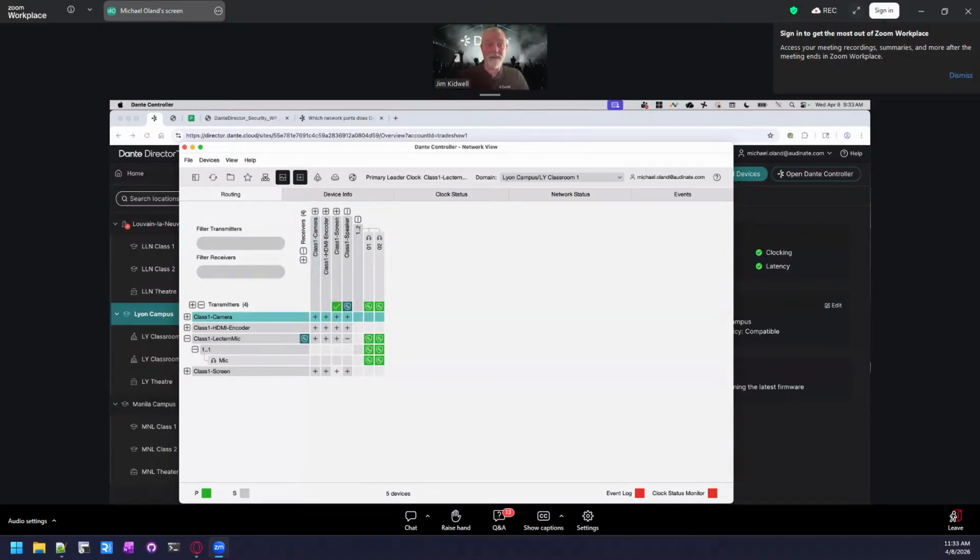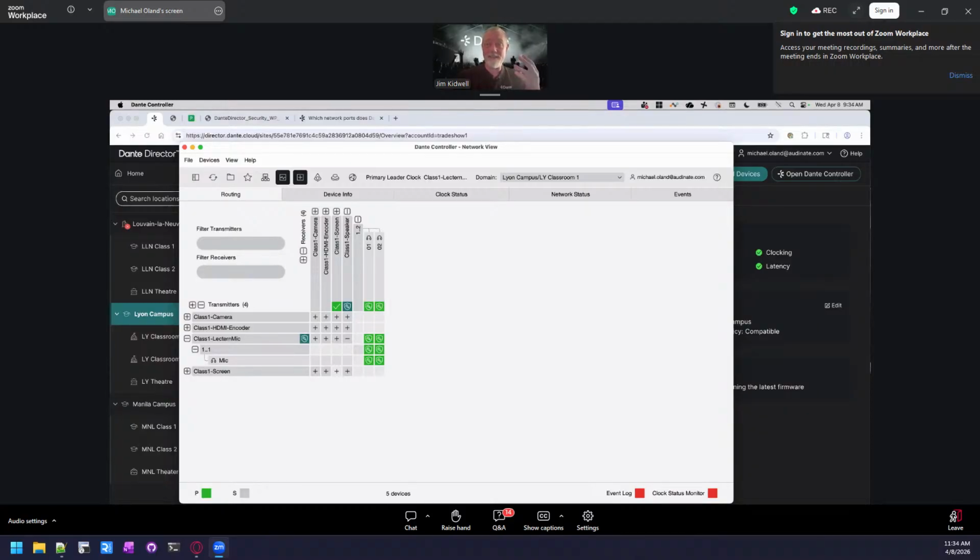We have Rutgers University that we're working with right now, who has 15 miles of campus and their office is in one location. Can they manage all of those classrooms across those 15 miles very easily? Yes and no, but when something breaks, do you want to always run there to figure out what was wrong? No. So they'll pull up Dante Director. They'll say, oh, it looks like somebody messed this device up somehow. They unplugged it or whatever. So they can even instruct the end user to say, hey, can you look at this device? Oh, looks like it's unplugged. Plug it back in. They had that exact instance.